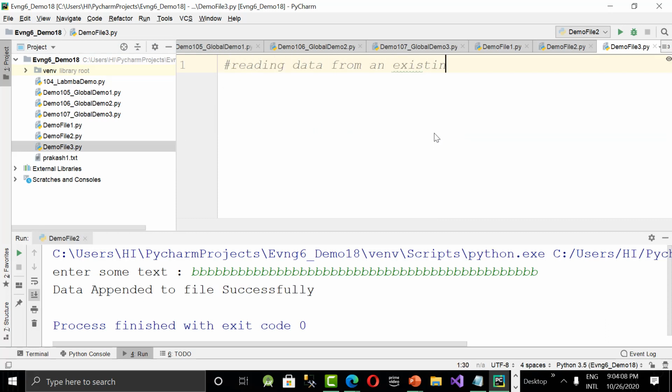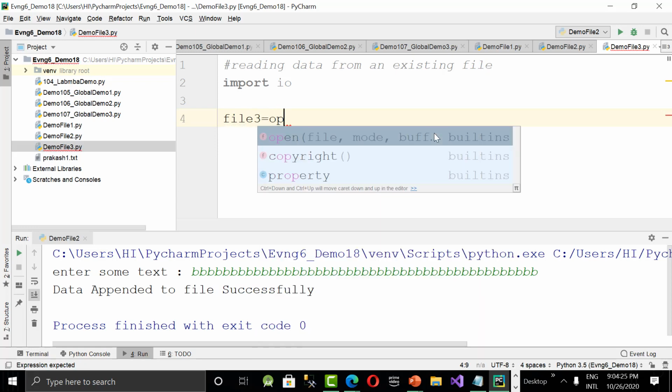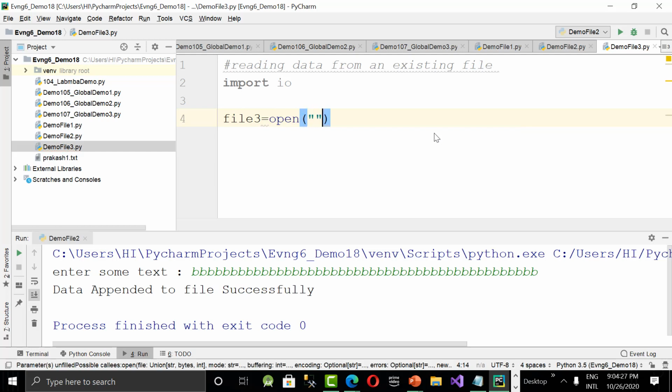Okay. So what to do? Import IO, and then file3, the object name is your wish, is equal to open which file. You have to give the file name which is already there, prakash1.txt, and in which mode you have to open?